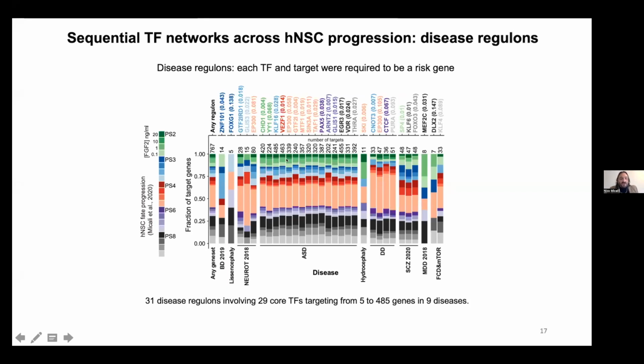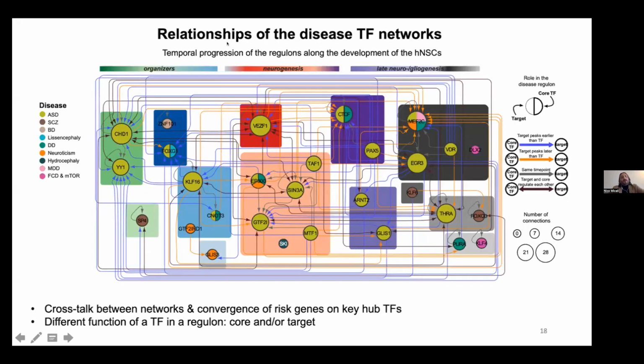You can see that target genes may peak at different phases than the core transcription factor. This can reflect negative control, negative regulation of the target gene, but also the fact that a transcription factor peaks at a specific phase doesn't mean that it doesn't work in other phases. So it's less expressed but still functional. Okay, so here